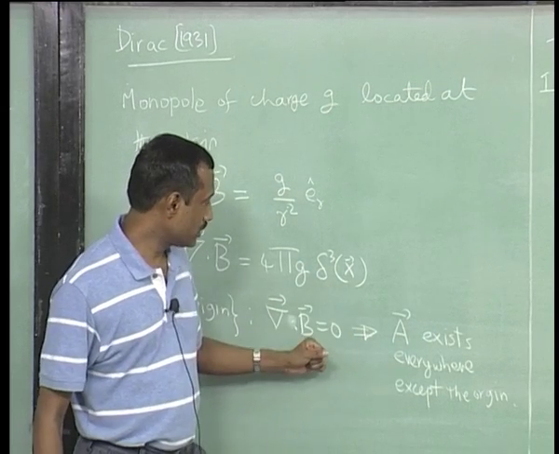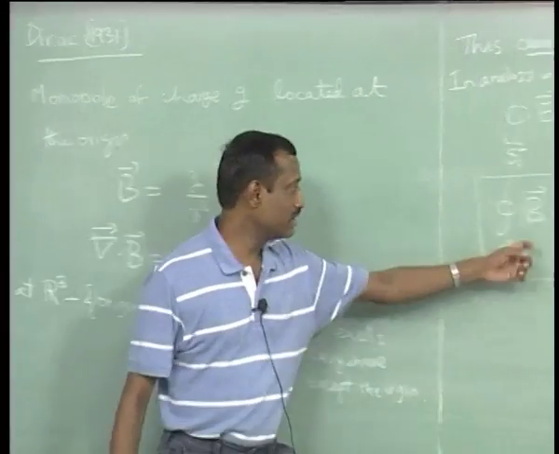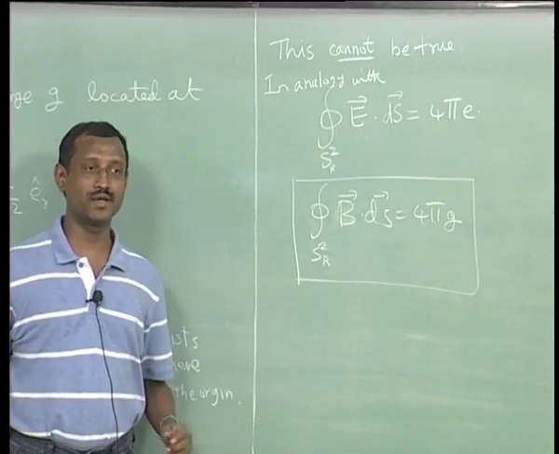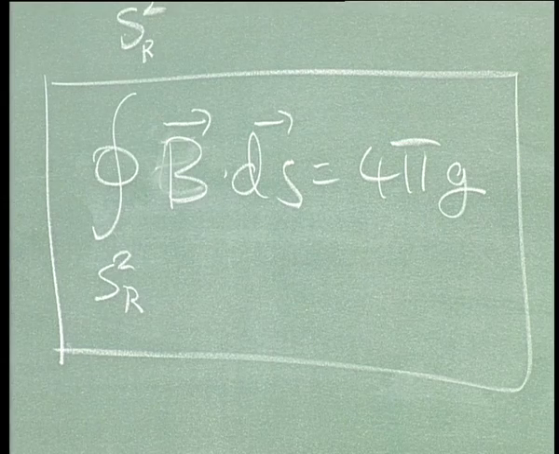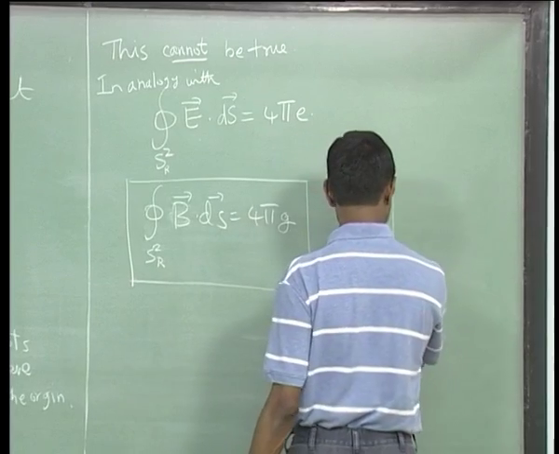Now the thing is, suppose A exists, then I claim that would imply that the integral of B dot ds equals 0. So, how do we see that? Let me draw some pictures here. Let us say that I chose a sphere,